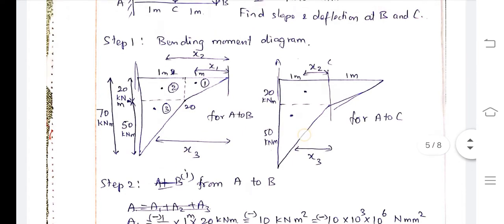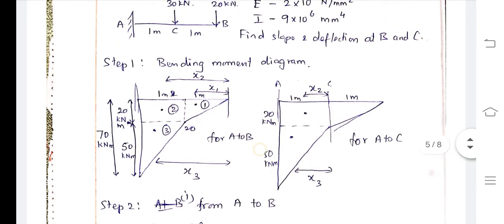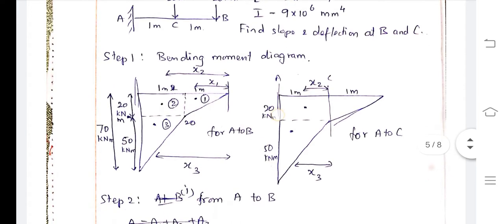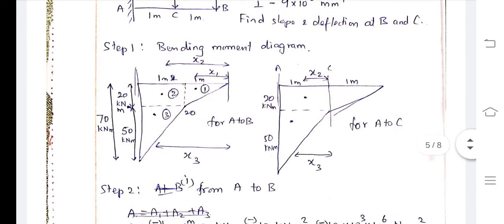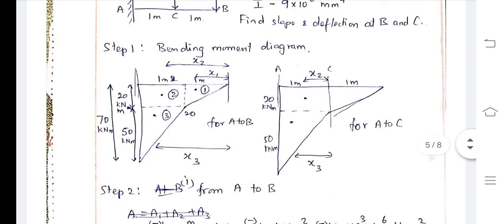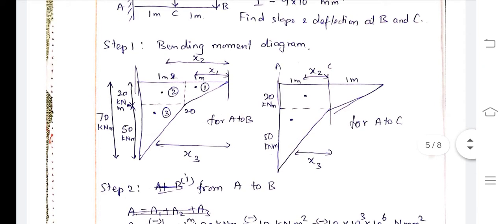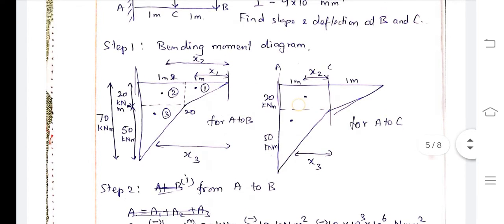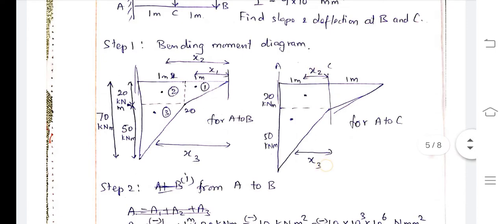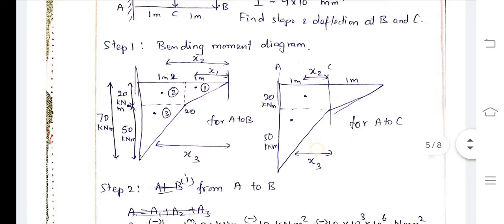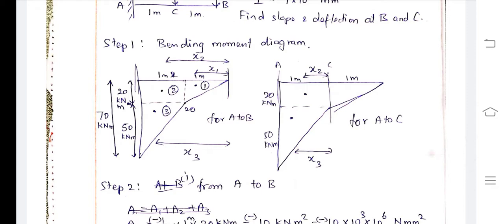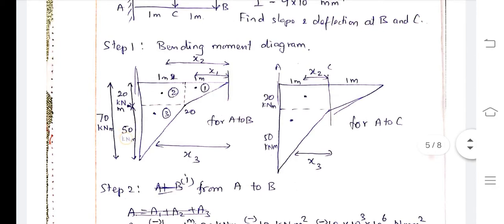Then this is the same bending moment diagram, but this is for between A and C, the area between A and C. So you will have only area 2 and area 3. Here you can see that the distance is from C point to the corresponding CG points, that is the X bars. So this is X2 and this is X3. This is for between A and C. So here also we have divided that.